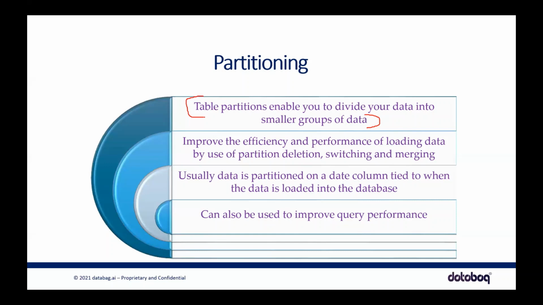That is what we are trying with index, again, to improve the query performance. So just try to understand what we are trying to do here. This will improve the efficiency and performance. Mainly, like I said, data will be partitioned on a date column. Usually most of the use cases out there, when it comes to table partitioning, they do it on a date column, so that for January, all the data will be in the January table, and for February, all the data will be in the February table. So the data will be stored based on this partition.